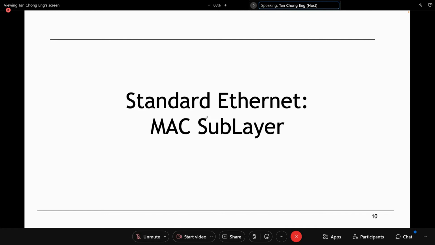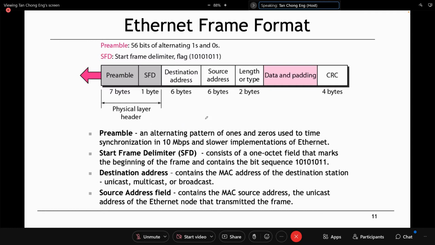Okay? MAC stands for medium access control. So this is the algorithm to actually define who can use the physical media of the network. And so under this, they will also define the frame format. You still remember at layer 2, a frame format will be proposed. Different network technology will be using different frame format. So what you see here is actually the frame format for